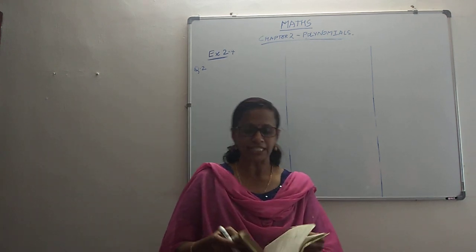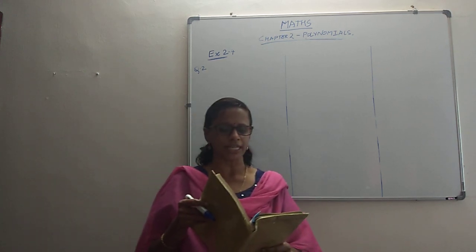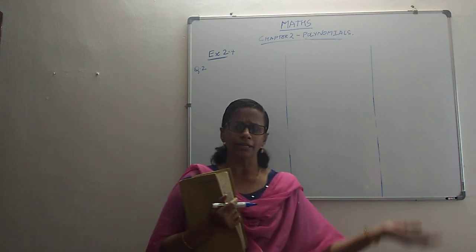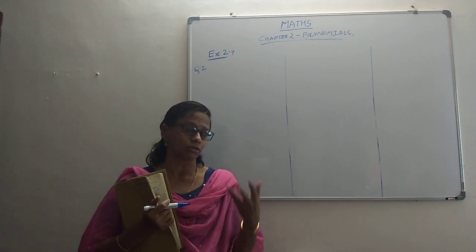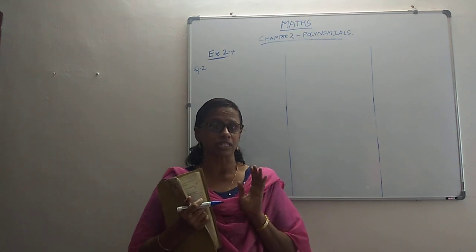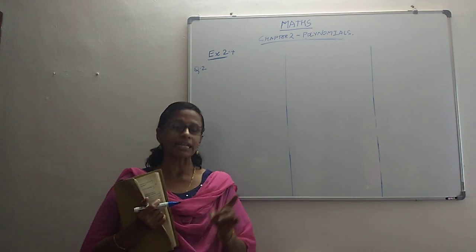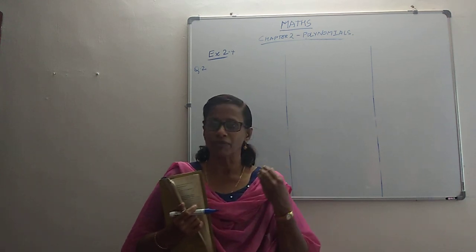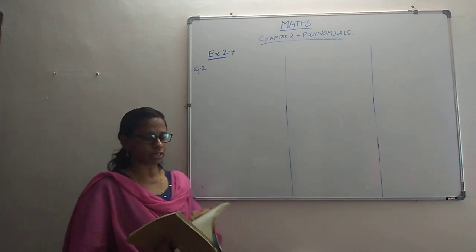Now here p of x and g of x, the dividend polynomial and the divisor polynomial, both are given to us. We just have to check something like the remainder theorem itself. In the remainder theorem exercise, we substituted the value and checked for the remainder. Here in the same way we will find the p value and check if it is 0, then it is a factor, otherwise it's not. The idea is just the same. As I said, for factor theorem and remainder theorem, the working is the same. The way you conclude and the reason you give is only going to differ. So that's our question number 2.